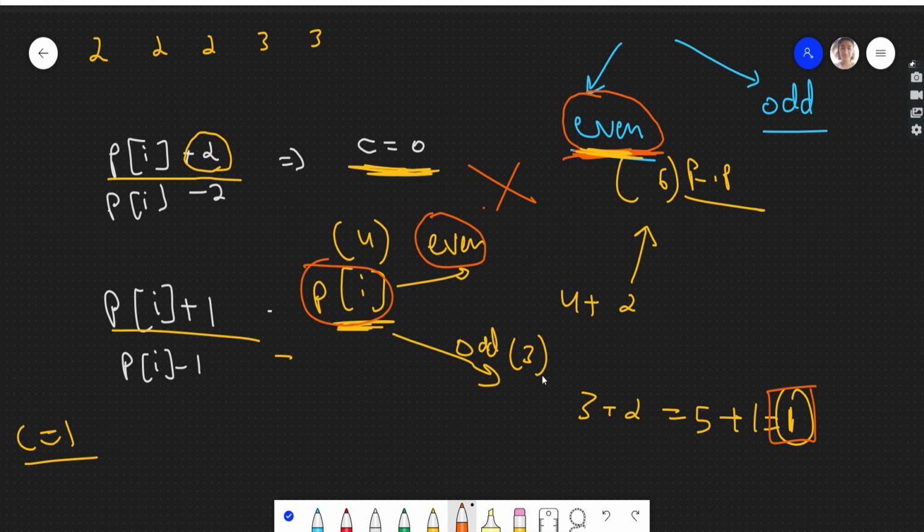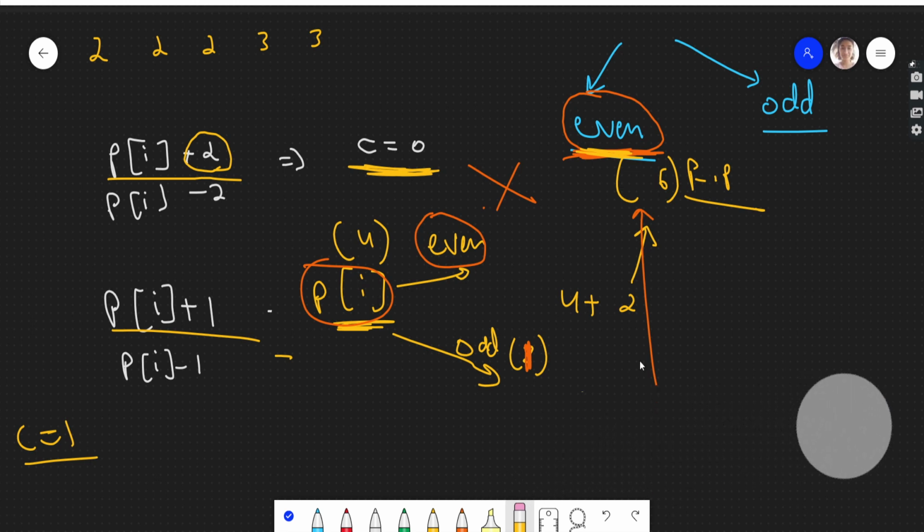Because we'll be adding 2 repeatedly. Suppose this was 1, you have to move from 1 to 6: you will do 1 plus 2, you will get to 3, then 3 plus 2, you will get to 5, and then you have to add 1 to it so as to go to 6. So here you are adding 2 two times, but there will be no cost because for adding 2 there is cost 0. So this was one case.